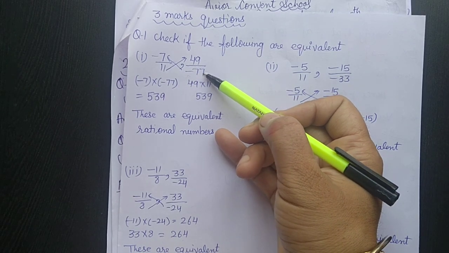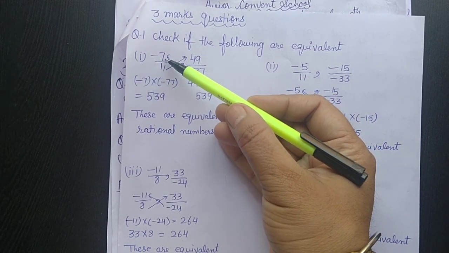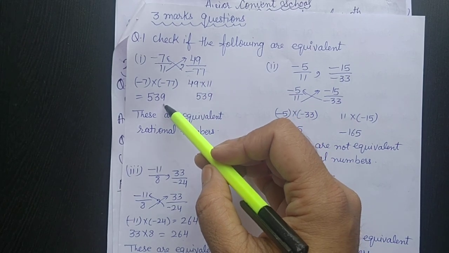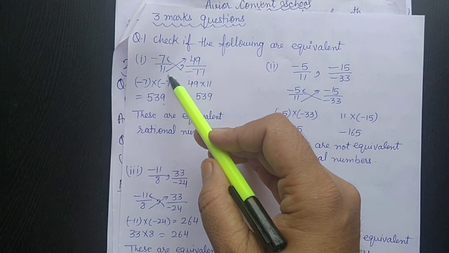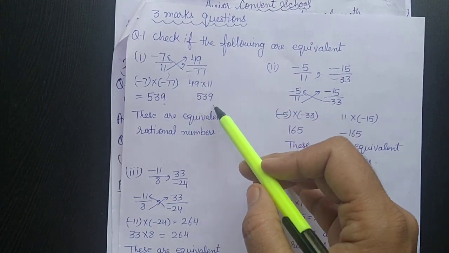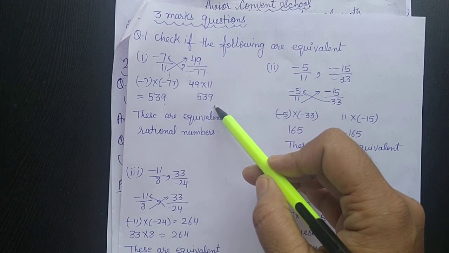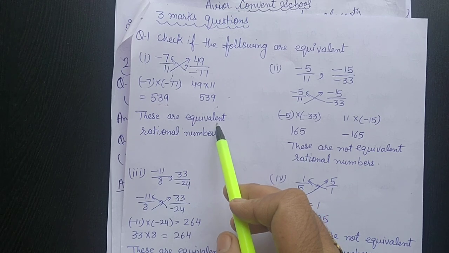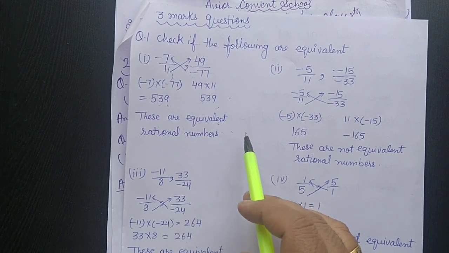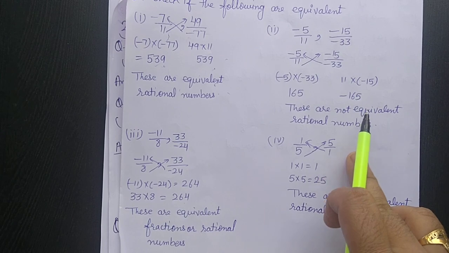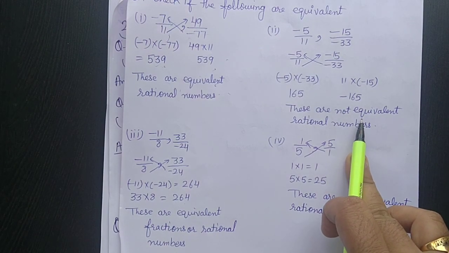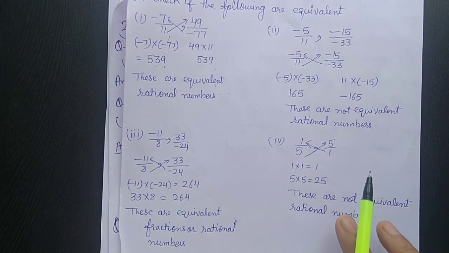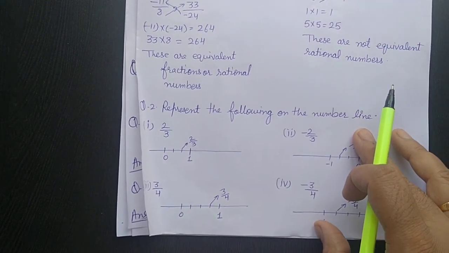Minus 77 multiplied by minus 7 will give us 539. Then 11 multiplied by 49 will also give us 539. If both the answers are equal, then you will say that these are equivalent rational numbers. Other parts you will try by yourself by adopting the method of cross multiplication. Then the next question is